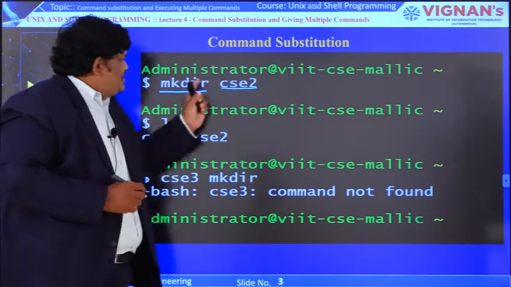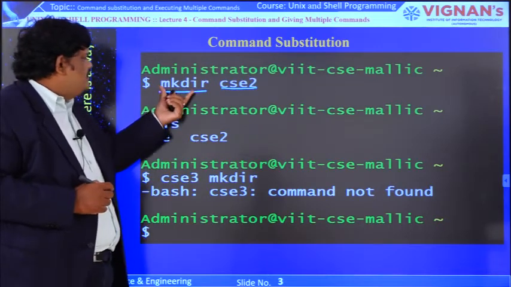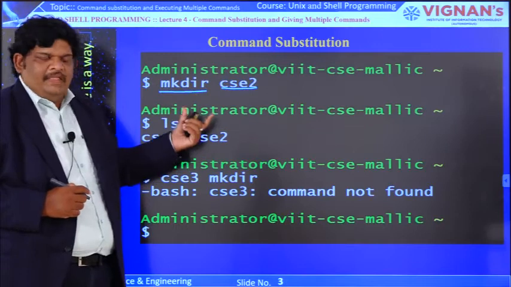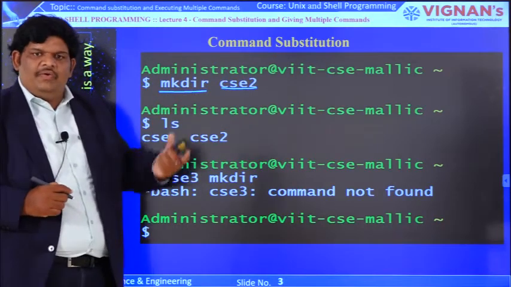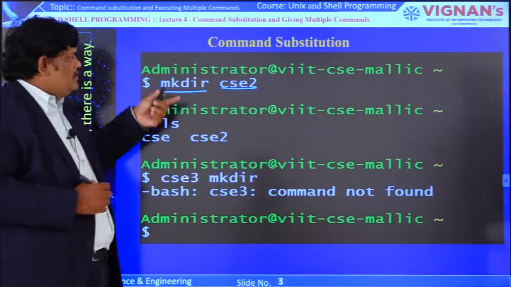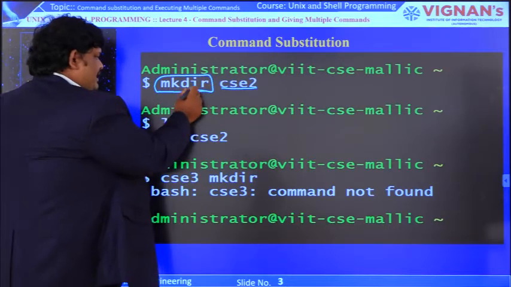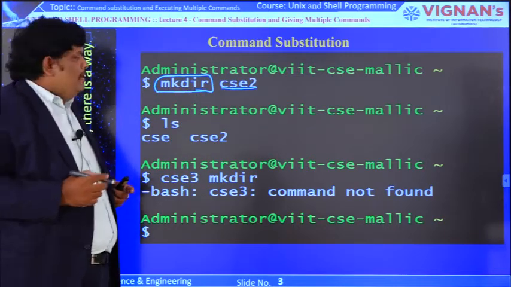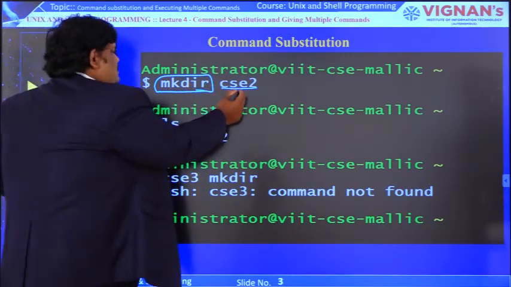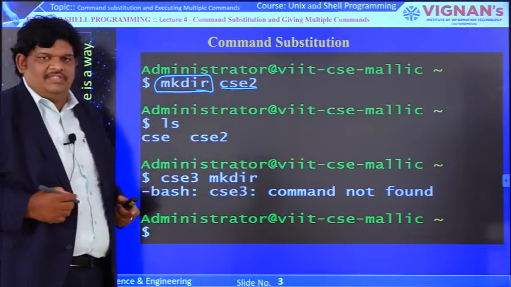So how will the shell interpret it? The first word is always the command, and a command is always written in lower case. The shell will check that the first word, mkdir, is a command, so with the name CSC2 it will create one directory. By that, this command will be executed successfully.